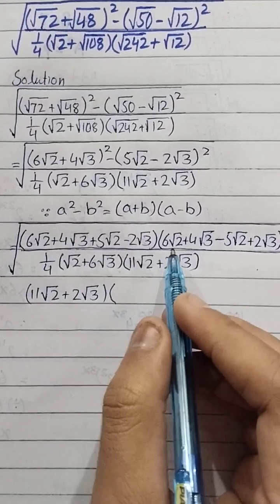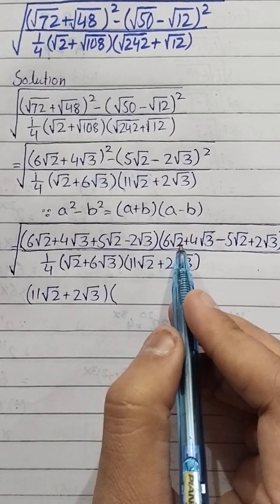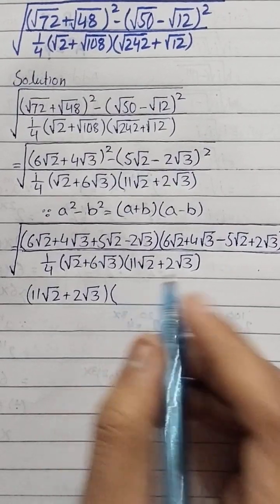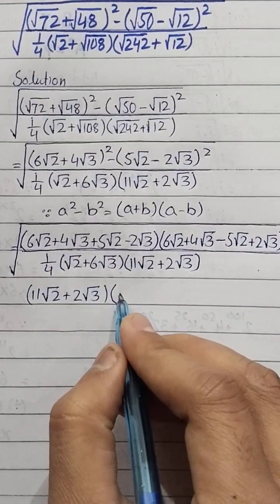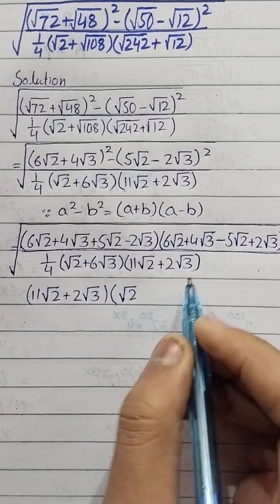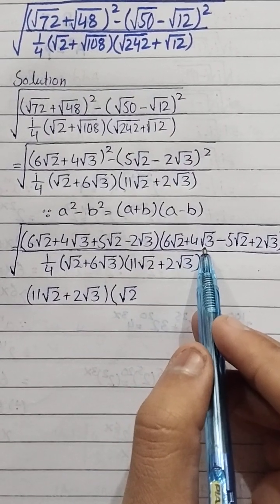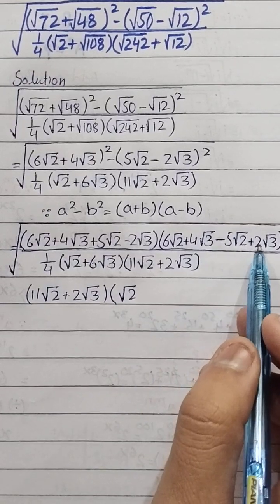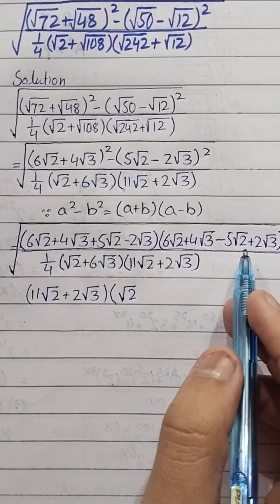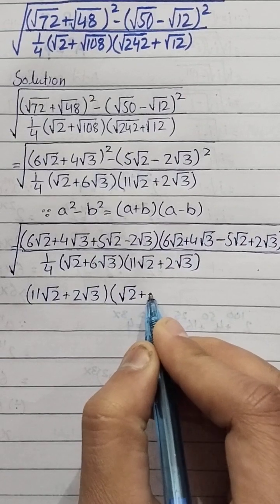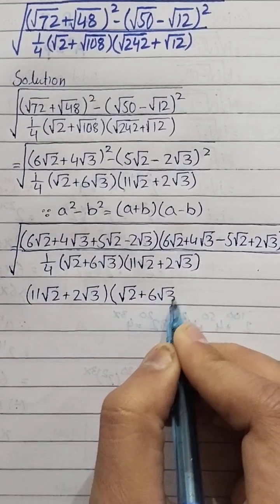Times, this is 6 under root 2 minus 5 under root 2, so 6 minus 5 is 1, so it can be simply written as under root 2, and then this is plus 4 under root 3, and this is plus 2 under root 3, so 4 plus 2 is 6 under root 3,